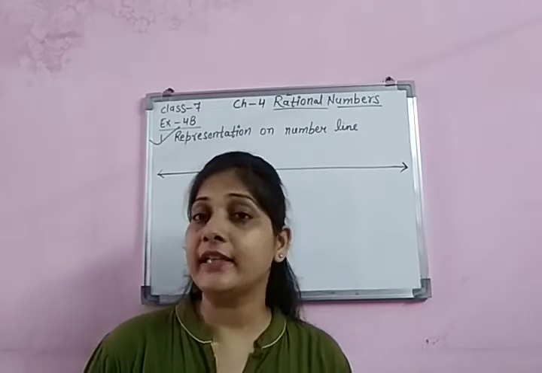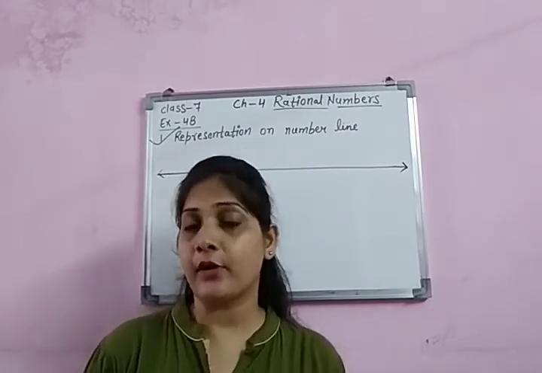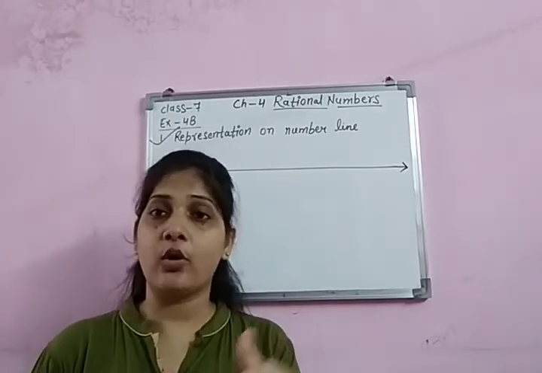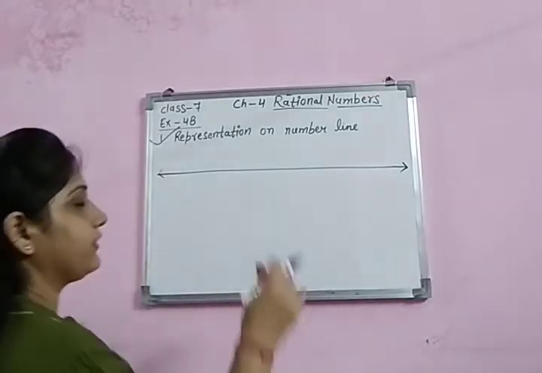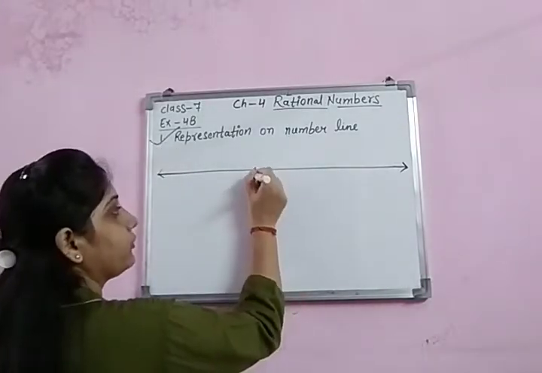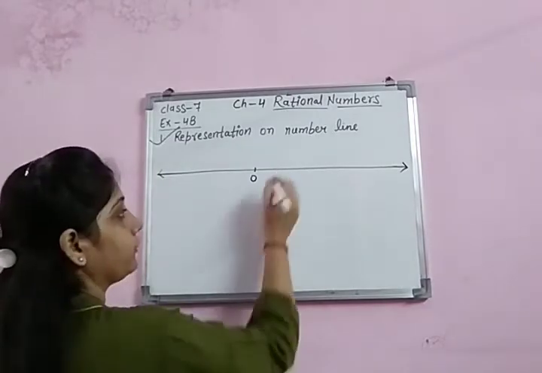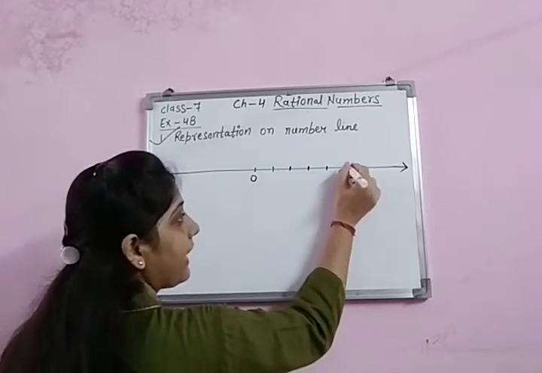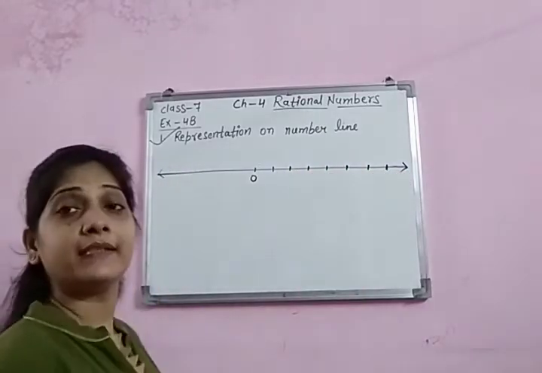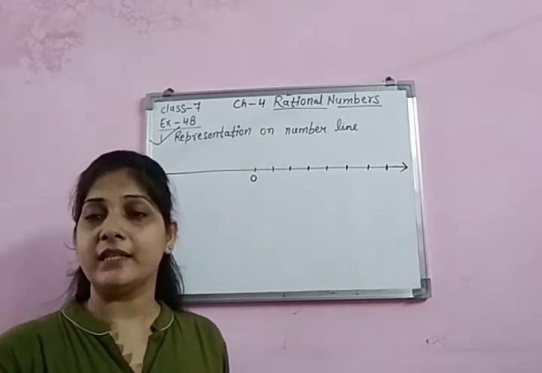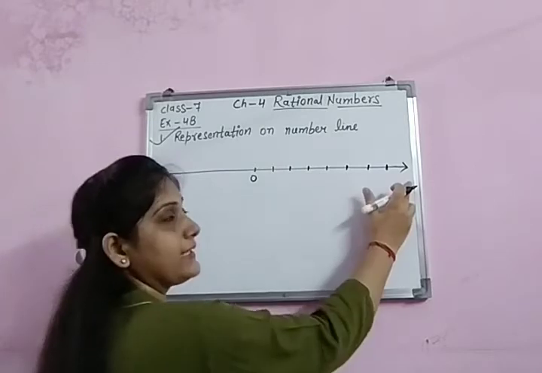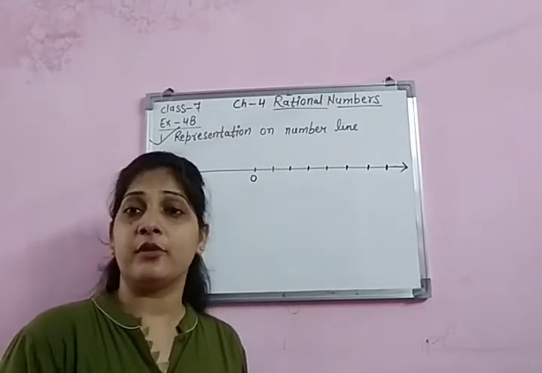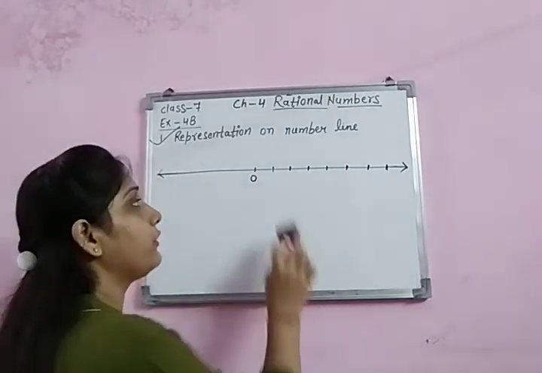Now how can we represent that? For that, the first point, when you are taking the distances, you have to set off the equal distance on both sides, whether in right or left. Like suppose this is 0. Okay, O point, this is showing the 0. Now, if I am taking 1 centimeter distance, it will be measured by the scale only. Like on the scale, we see the 1, 2, 3, 4. So you have to put on scale and take equal gap. Equal gap, it can be of 1 centimeter, it can be of 2 centimeter. It's according to your choice, but you have to set off equal.